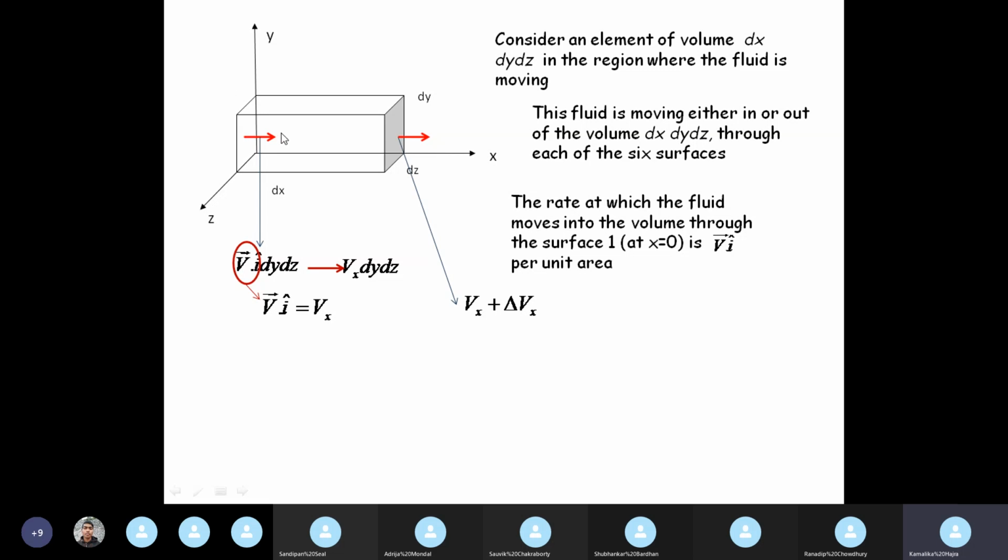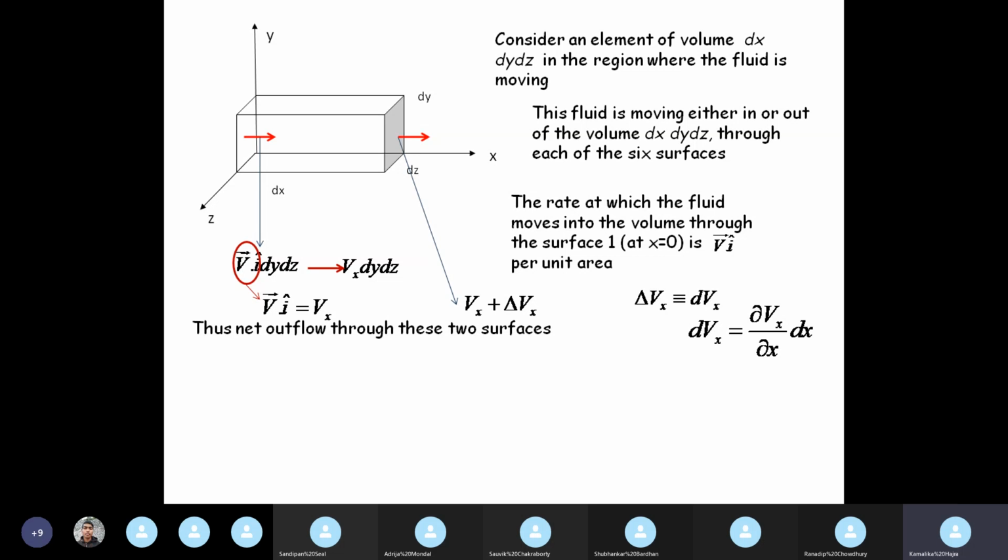first surface. Now delta Vx I write as dVx, since we have said that these amounts are infinitesimally small. Since Vx is a function of x, we can write dVx as equal to del Vx del x dx. Hence, the